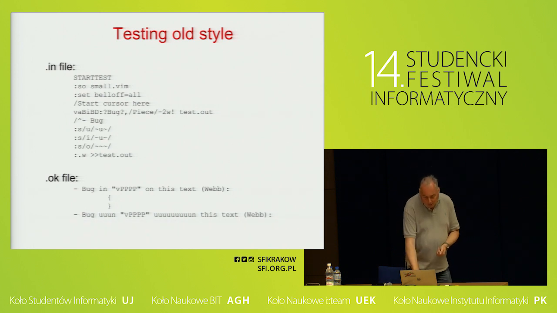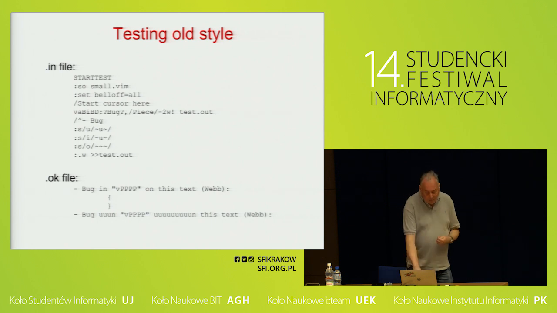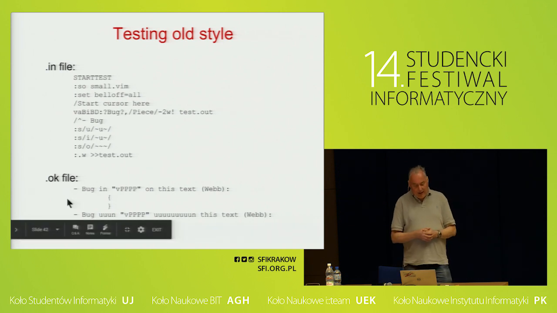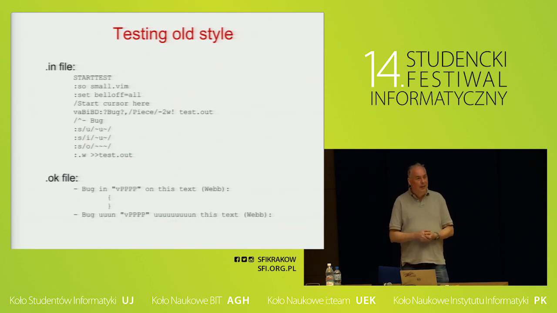It would maybe source something, do some settings, search for something, and then some command. And then write it to test.out, do some more stuff, and again write it or append it to test.out. And then this test.out file you would compare to the OK file, which is the expected output. And then if there's any difference, then it's a big puzzle what went wrong. So it does do a proper test. It does some stuff, checks that the output is correct.